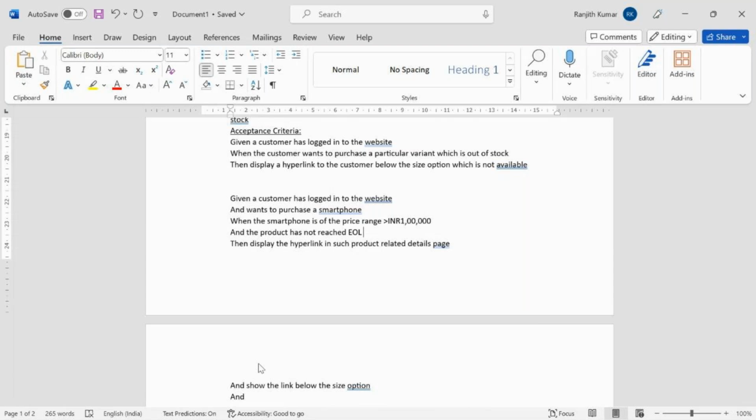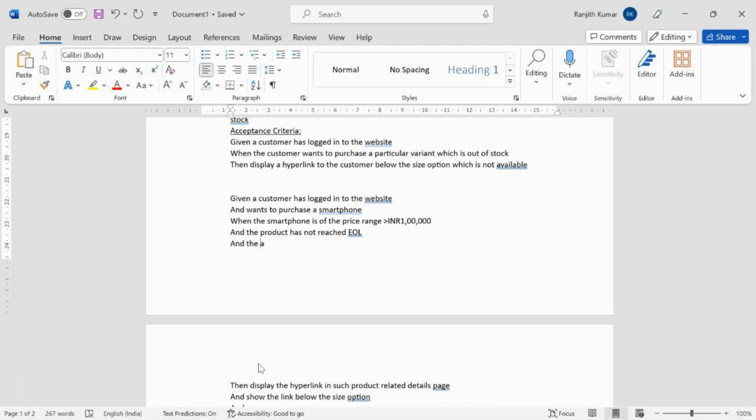You remember, if it is end of life, where it is no more being manufactured by the company, then you don't get to sell it, right? So you're putting these points clear. You're saying given a customer is logged into a website and wants to purchase a smartphone, when the smartphone is of this price range and is not of end of life, then you display the hyperlink